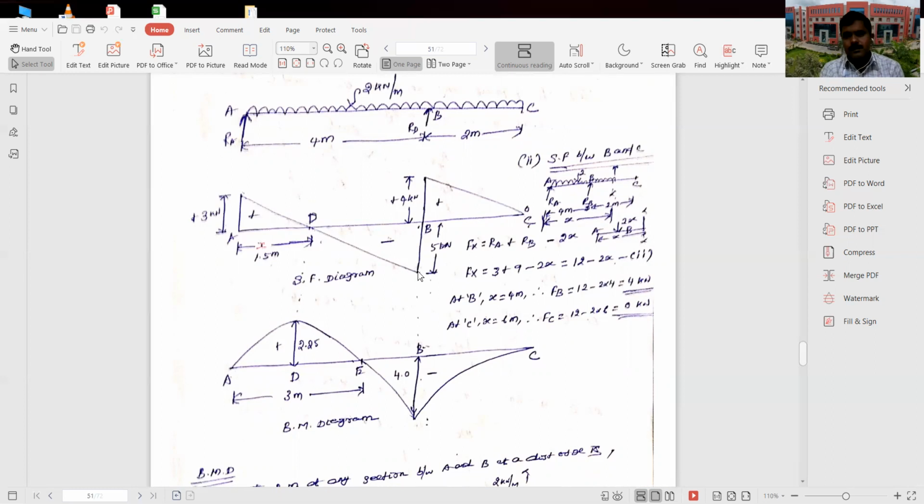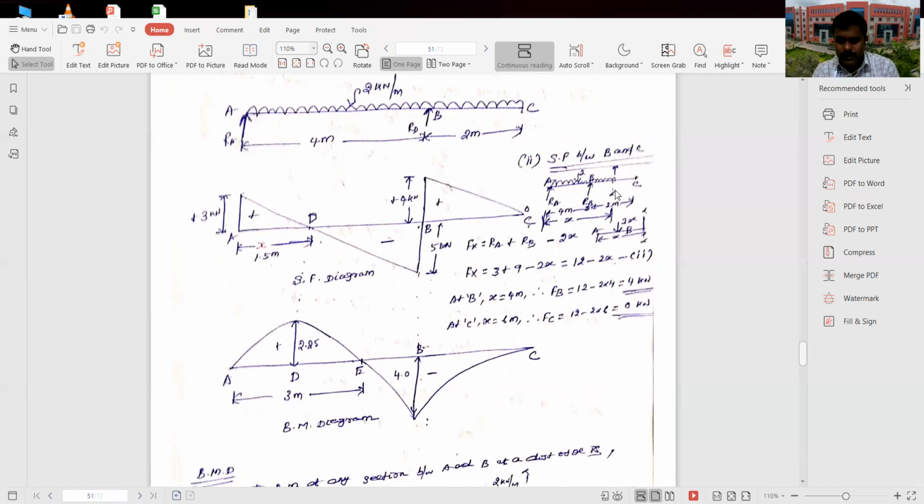Okay. Next, you need to know the shear force value at point B and at point C. What you have to do is, in between B and C, take a section and find the shear force value. So to find the shear force between B and C, here you can see this is point B and this is point C. In between, I am taking the section at a distance of x from point A. So what is the shear force? It is the algebraic sum of all the forces acting on the left side of the portion. So what are the forces acting?